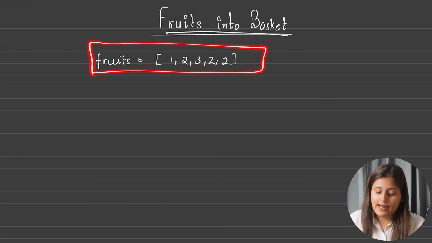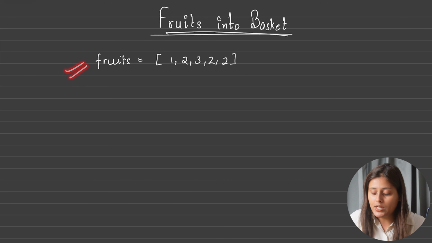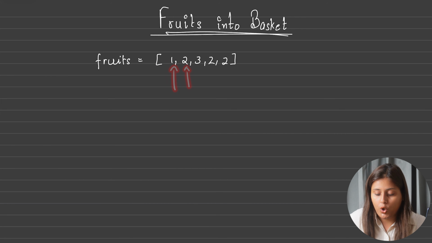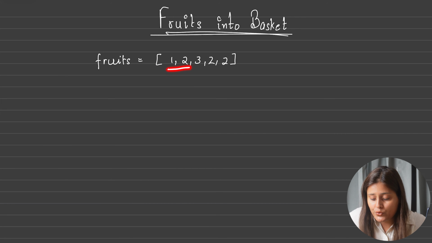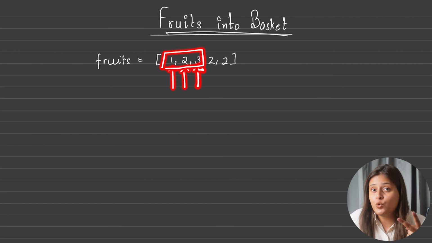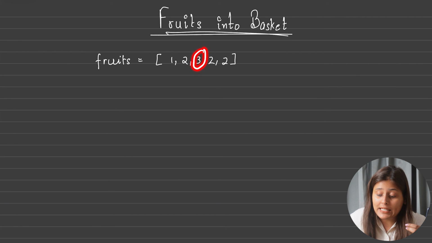Here we have the fruits array and we have taken the third example from the question, and our task is to pick fruits from left to right direction. Okay, and we can choose 2 types of fruits from here, and we have to return the maximum length. So as of now the maximum length is 2, but if we pick this 3 also now, then we cannot move forward. Why? Because there will be 3 different types of fruits and we only have 2 baskets. So the third variety of fruit we cannot keep in basket 1 or basket 2, which means we have to leave this.